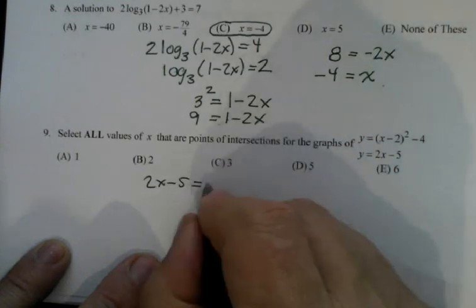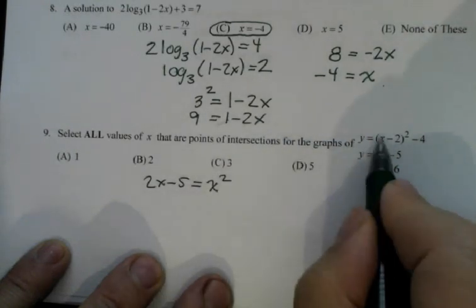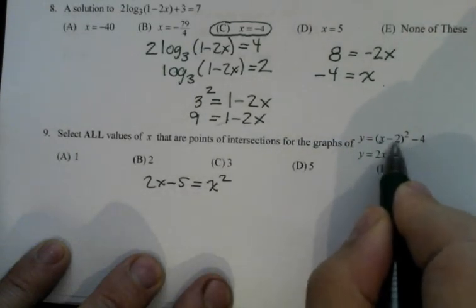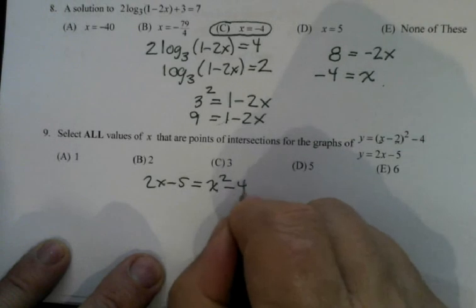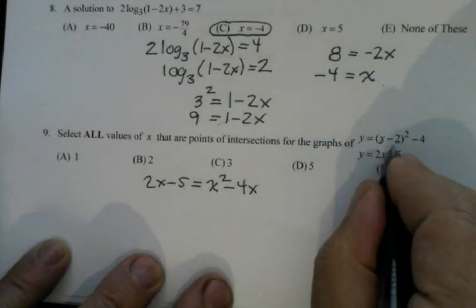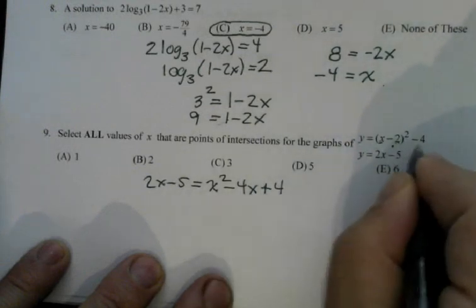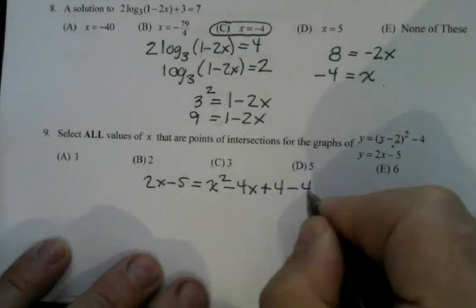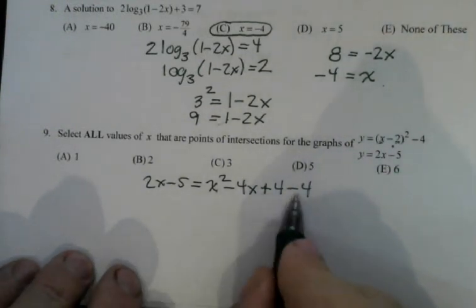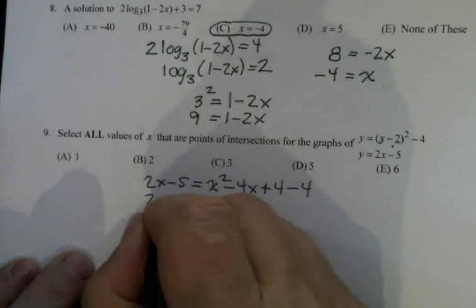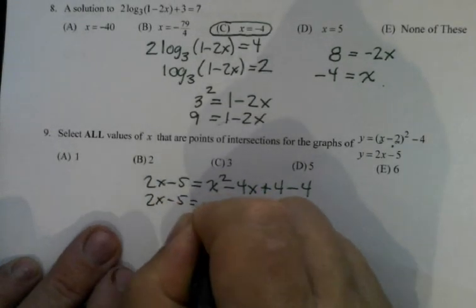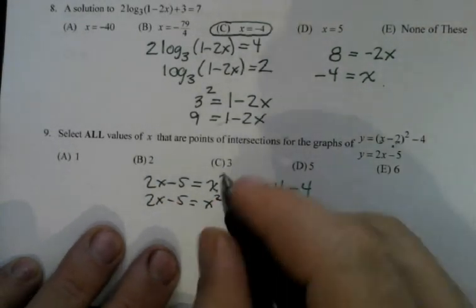It's x squared. I multiply these two together. I get negative 2x, and I double it, is negative 4x. Last term times itself is positive 4. And then I have my minus 4. So we have the 4 minus 4. Those are going to cancel each other out. So I got 2x minus 5 equals x squared